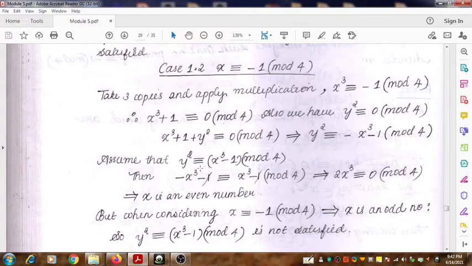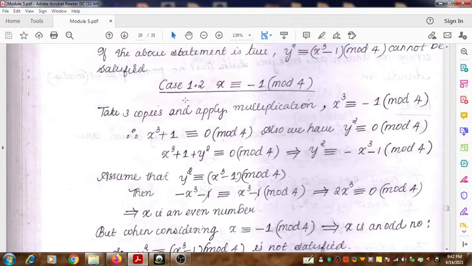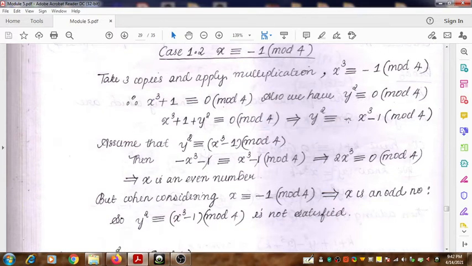We also assume that, so this is the congruent statement that we obtain in the second case, in the case 1.2. The previous case is 1.1. In the case 1, as a consequence of 1.2, we get this. We have derived this statement: y square is congruent to minus x cube minus 1 mod 4. But if the statement y square is congruent to x cube minus 1 mod 4 is true, then you can directly connect the right hand sides, and you get that minus x cube minus 1 is minus x cube minus 1